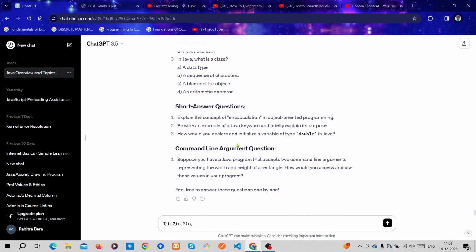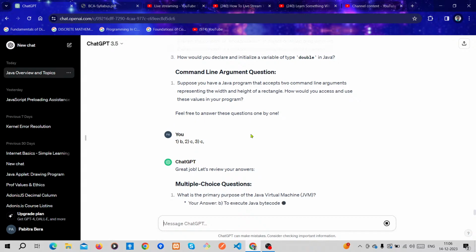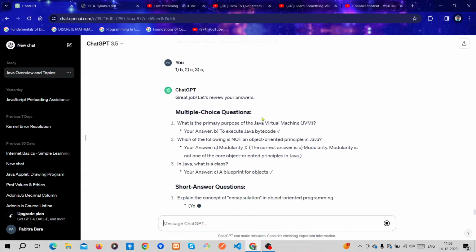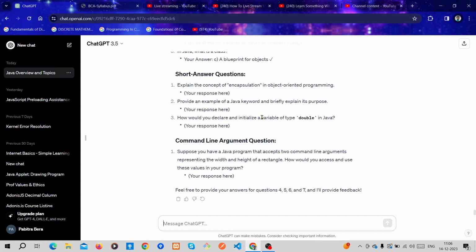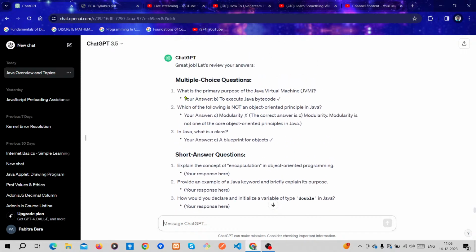Now the short question answers. First of all, check whether this one is right or wrong. Here you can see the correct answer is modularity, which is not one of the core object-oriented principles in Java.